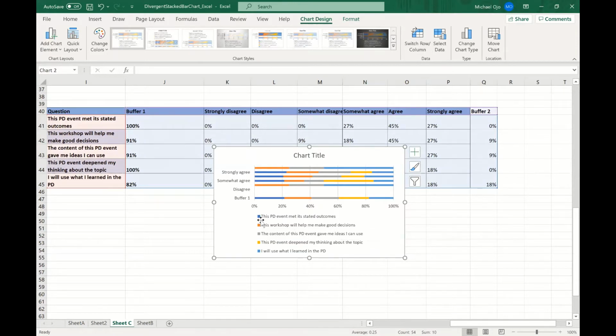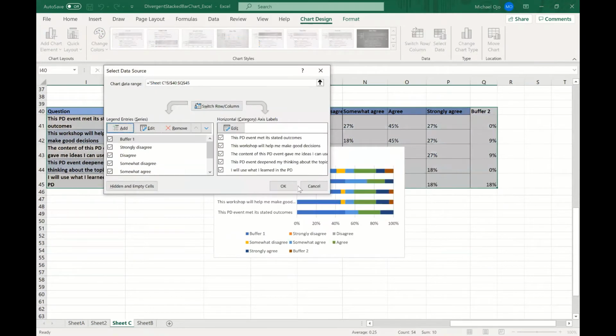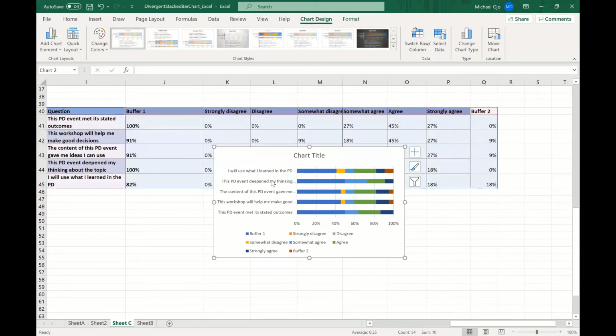You can see I have the questions here, but I decide to have the questions on the vertical side of the graph instead of having the options here. I can easily do that by selecting this funnel, select data, and I just switch. Okay, you can see now I have my questions on the vertical axis and the options here.